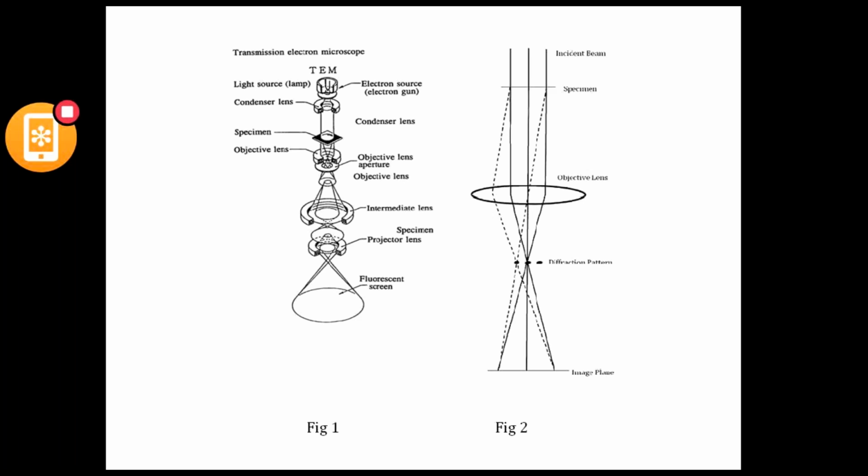Then you have the specimen, you have an objective lens. Then there's an intermediate lens. All those lenses are electromagnets. And finally, you have got a projector lens and fluorescent screen. So these are the parts of a transmission electron microscope. And in figure 2, you can see the path of electrons in a transmission electron microscope, right from the specimen, how the electrons are moving through the objective lens, and diffraction is happening there, providing an image. So what is diffraction? All those things we have discussed in the first class. Clear? Next slide, please.